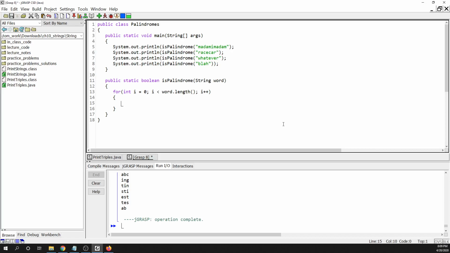So what we are going to do is have this for loop that goes over the elements of the array, and we're going to start with the first elements of the string, the characters in the string. So what we're going to do is compare the first character in the string to the last character in the string. Okay. So inside here we're going to have if, all right, and then whatever the first character is,